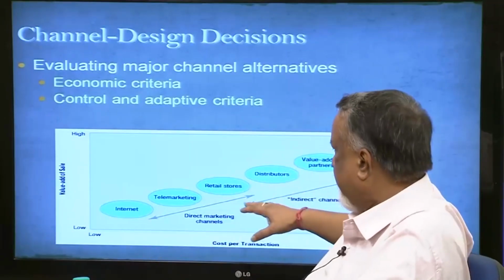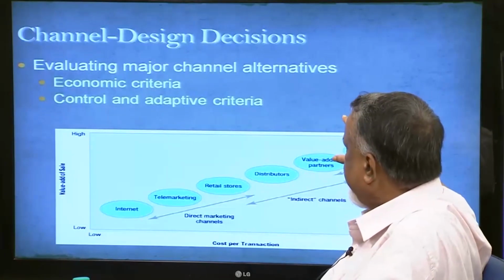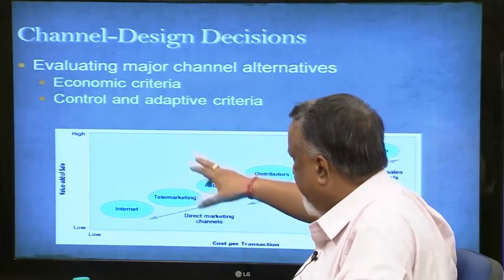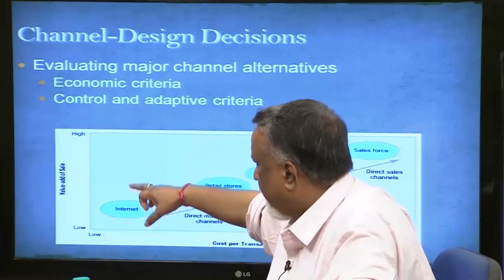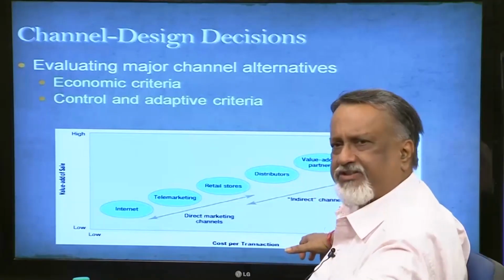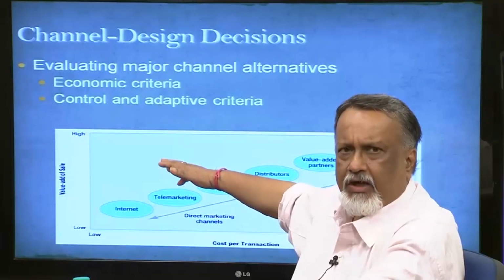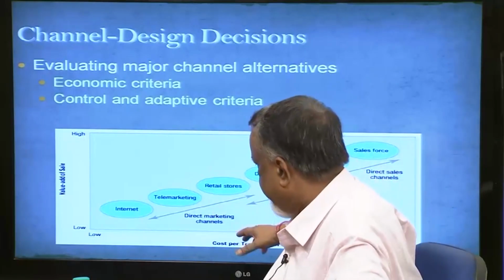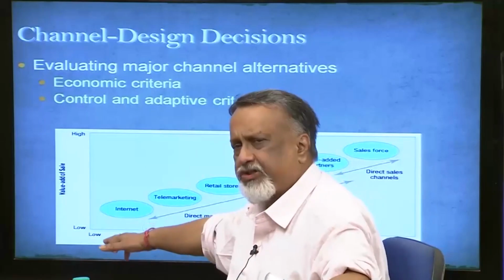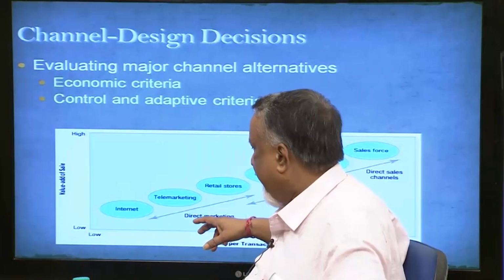Before that, I want to conclude this structuring issue or channel design decision by using this very good diagram, and that is actually, if we draw on one side value addition of sale on the y axis from low to high, and cost per transaction, that means whether it is a 20 rupees sale or 200 rupees sale or 20,000 rupees sale. So, that is again from low to high. So, if the cost per transaction is low, so for example, it is a packet of biscuit or a bottle of hair oil, then